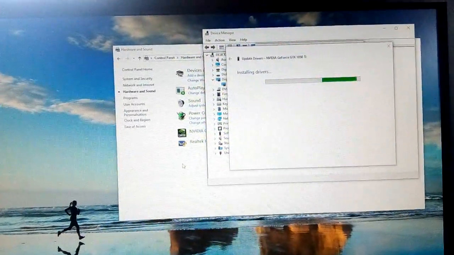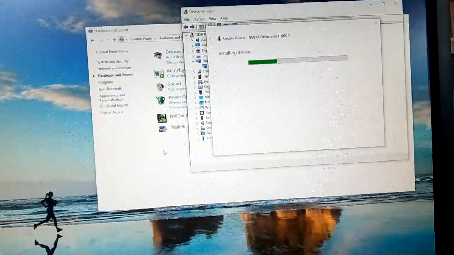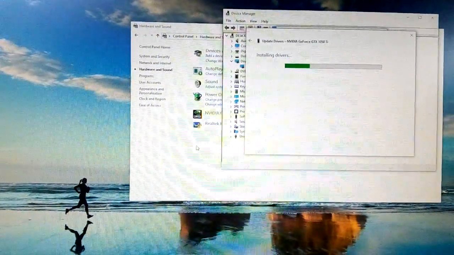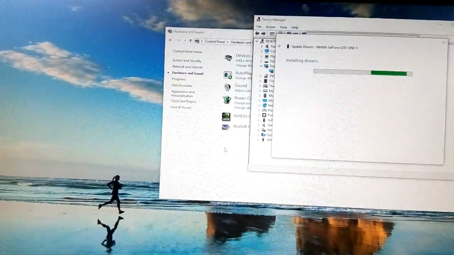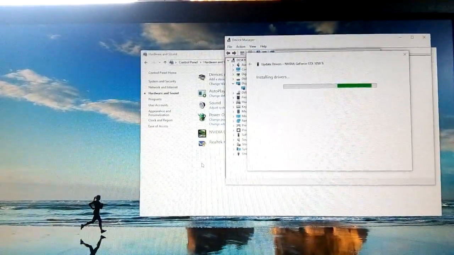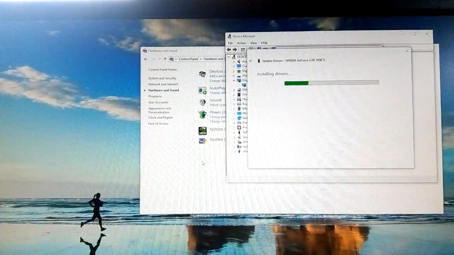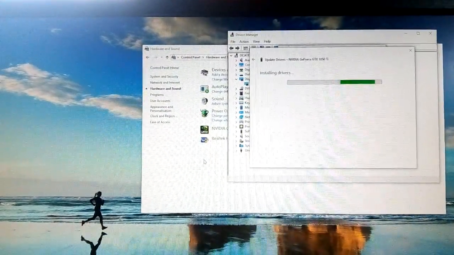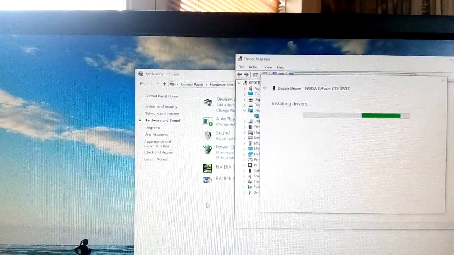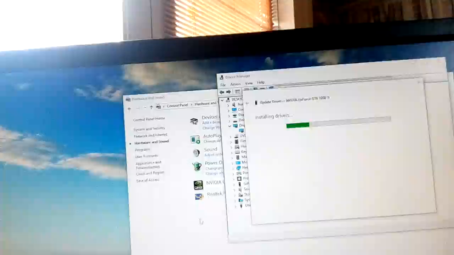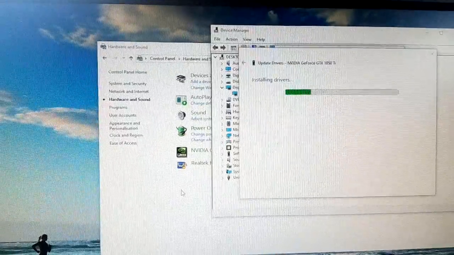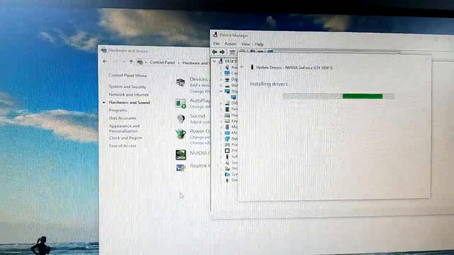The driver goes on. I put it on, but I only put it on with the basic driver, that is the 382 driver that comes on the disc. And then to operate the card, I need to update the driver, because the card won't operate unless I update the driver to 430. I think it's 430.1 or 430.2. It'll come up. But as you can see, it just goes on there